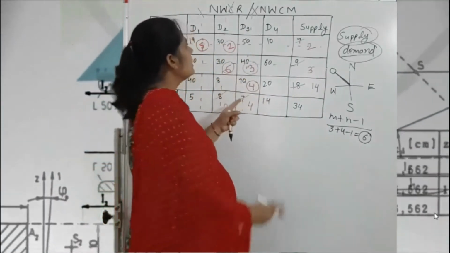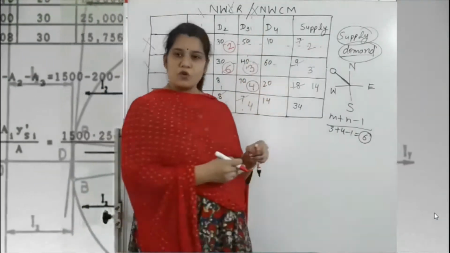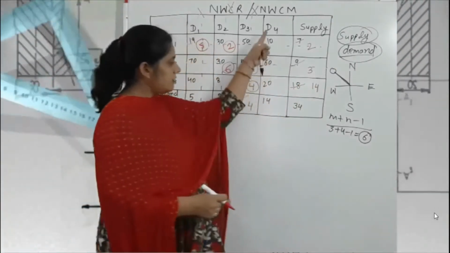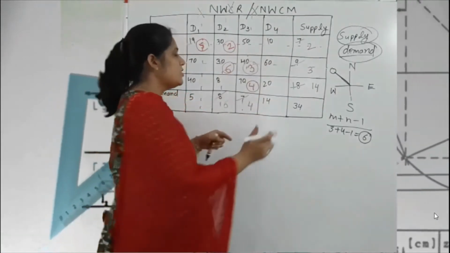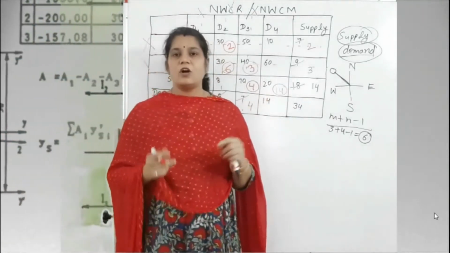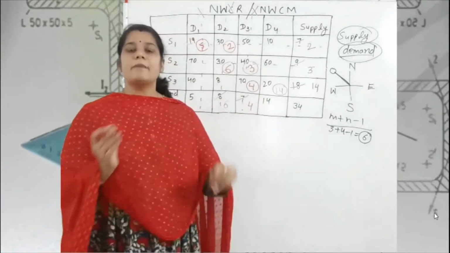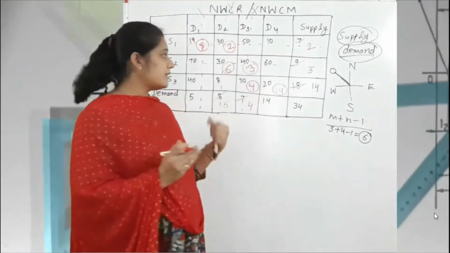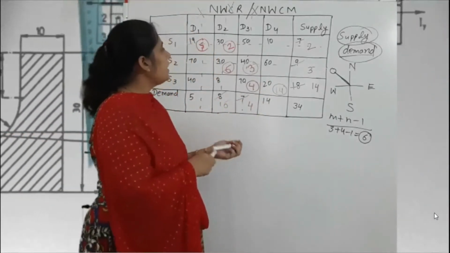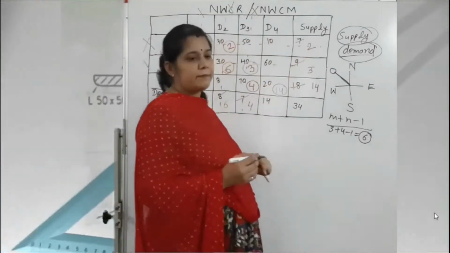Got it? So if our third column is cancelled, we move to the fourth column. So in the fourth column, the value is 40, the supply is 14 and the demand is also 14. So we put here 14. In the last cell, always keep in mind, if our supply and demand are equal, that means our allocation is correct. So this is the allocation in this example according to supply and demand.